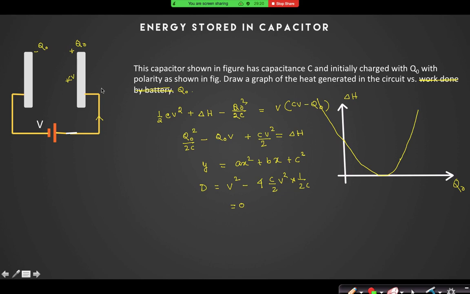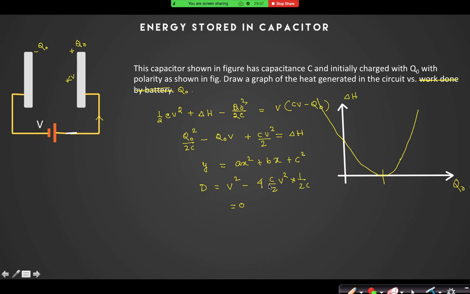Why I have asked you to draw this graph is because I have seen few students asking that if the value of Q naught, the initial charge on the capacitor, was more than CV, then why would there be any charge flow, or why would there be any current? Definitely there will also be work done by the battery, so that cannot be negative. The heat loss cannot be negative, that you need to understand. Heat loss is I square R delta t, always a positive quantity.